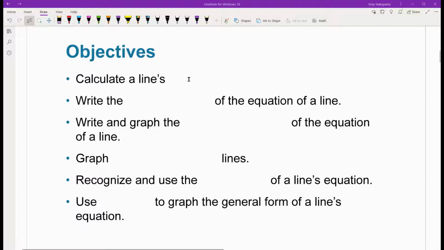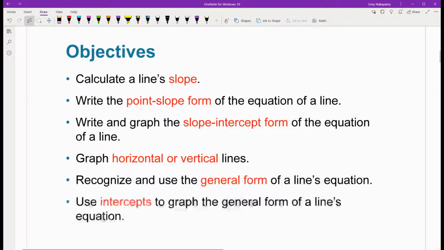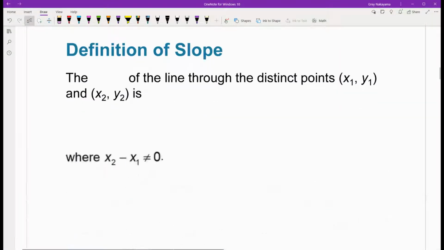First off, you're going to calculate a line's slope. Then you're going to write the point slope form of the equation of a line. Write and graph the slope-intercept form of the equation of a line. Graph horizontal and vertical lines. Recognize and use the general form of a line's equation, and then use intercepts to graph the general form of a line's equation. So first off, to refresh your memory, the definition of slope, the steepness of a line, is